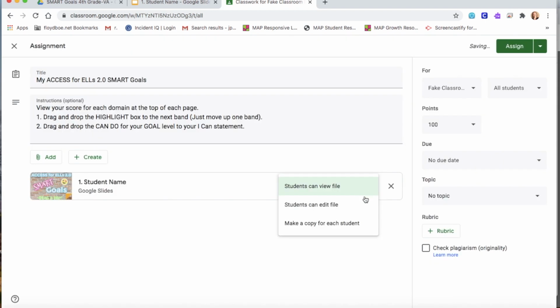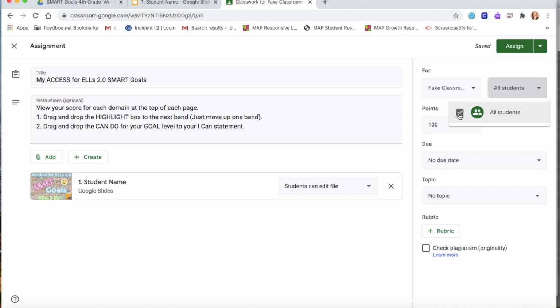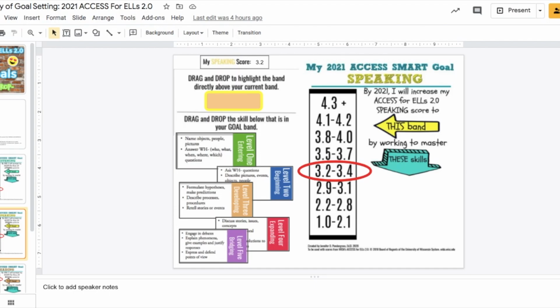Then you can just add directly from your drive because you've saved a copy for each student. Click on the one that you want to share with this student, and be sure to select that students can edit the file. That will let them drag and drop. Now this next step is really important, and I don't have any fake students in this fake classroom of mine, so I can't show you the list of students, but look at this document that you're about to share. It should be saved under one student name. We're not sending it to all students, so go here, uncheck all students. There will be a list of all of the students in your classroom, and you select only the one that you're sending this to. Once you hit assign,